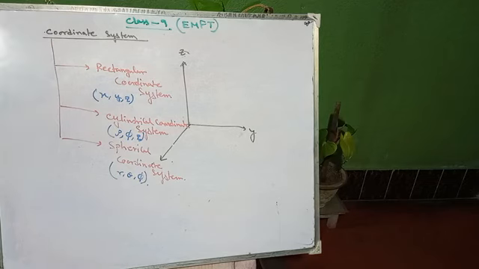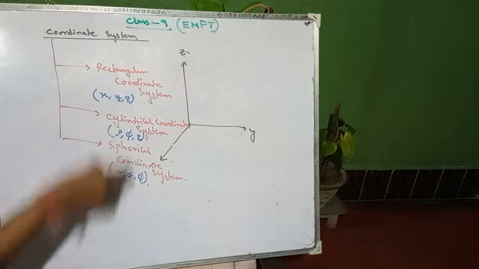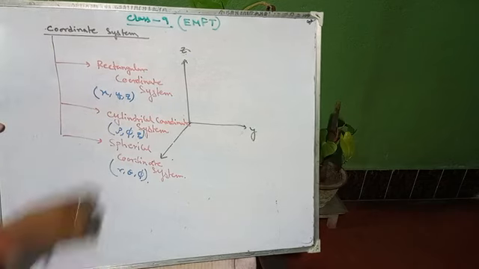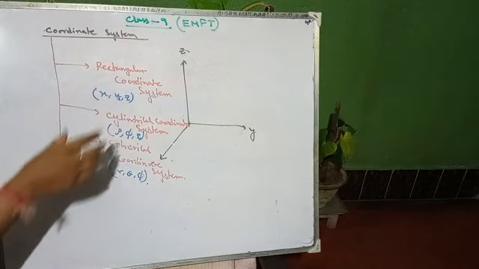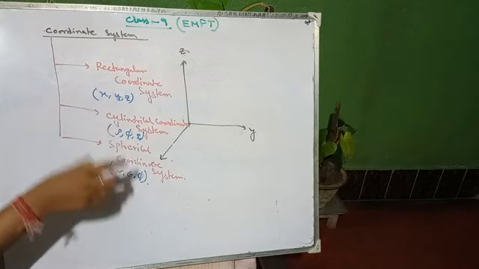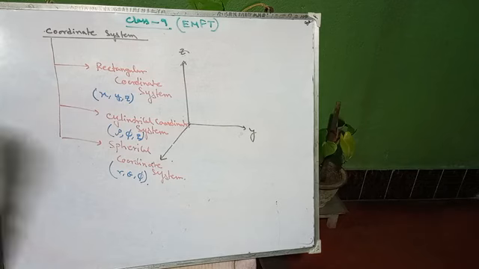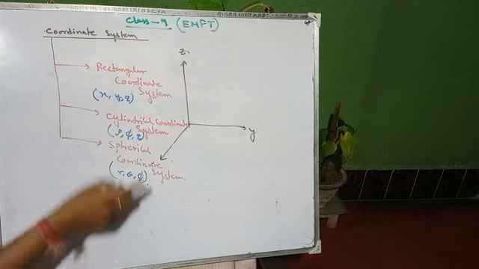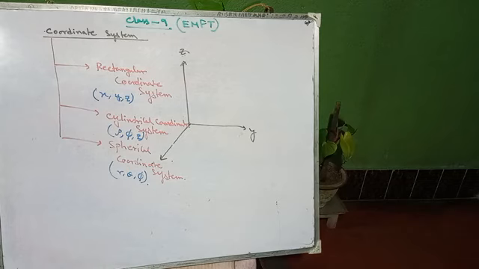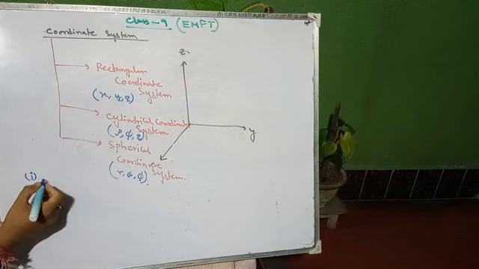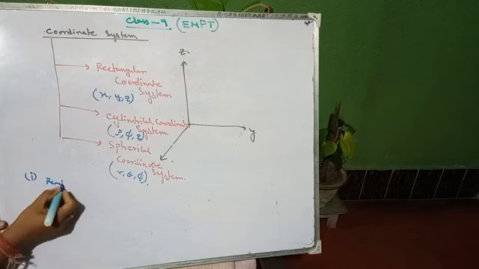Okay, so these 3 sets of coordinates: x, y, z, there are 3 axes, and for cylindrical one rho, phi, z, and spherical one r, theta, phi. Okay, so what is this rho, and what is this phi, what is z, what is r, what is theta, what is phi? I will discuss one by one. Okay, so first case, rectangular coordinate system. Roman 1, rectangular coordinate system.